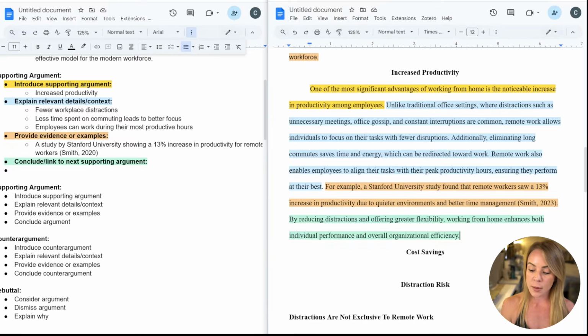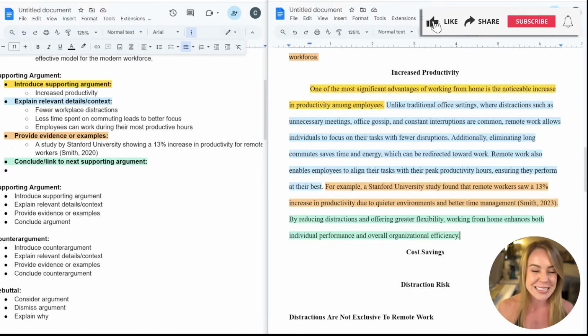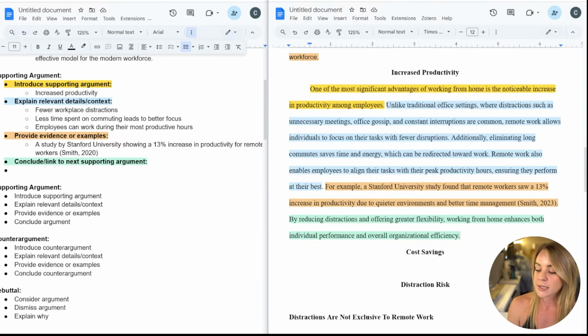Remote work also enables employees to align their tasks with their peak productivity hours, ensuring they perform at their best. For example, a Stanford University study found that remote workers saw a 13% increase in productivity due to quieter environments and better time management.